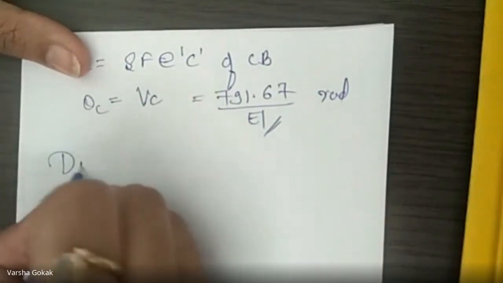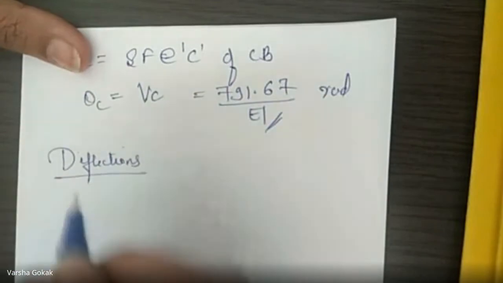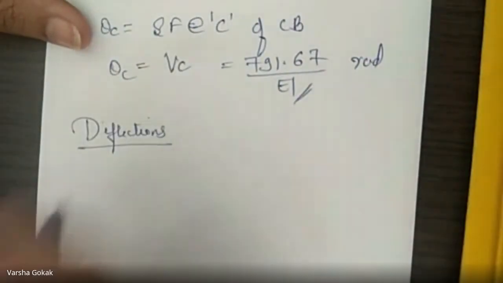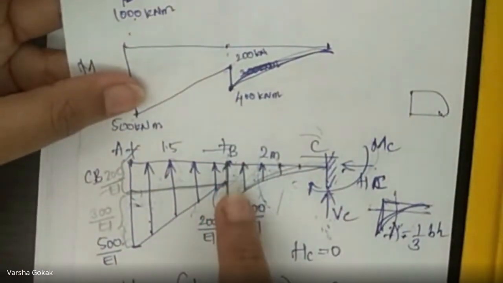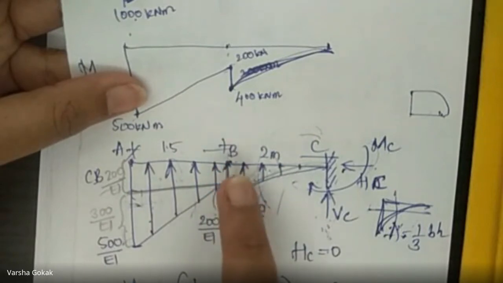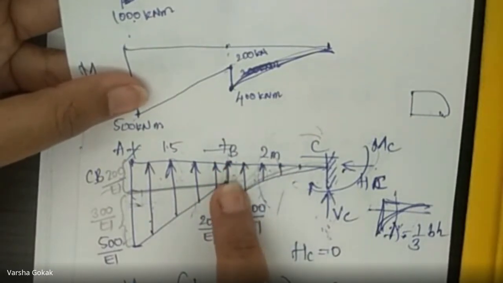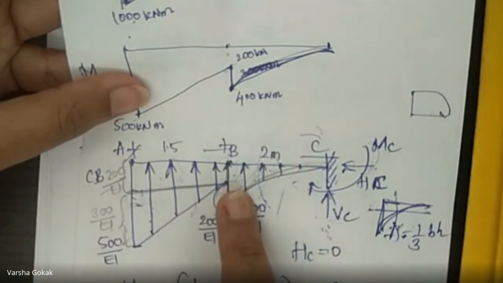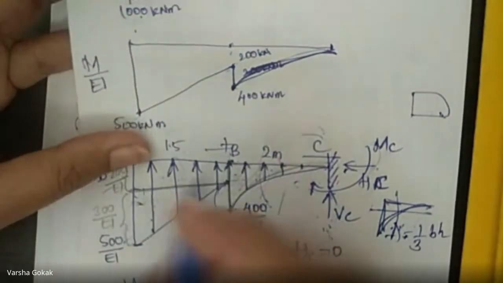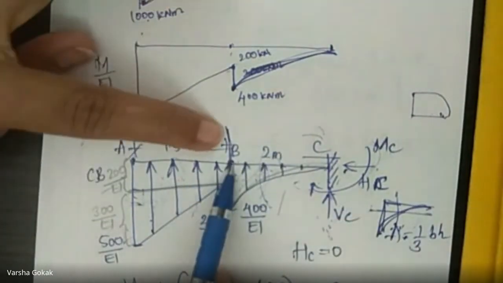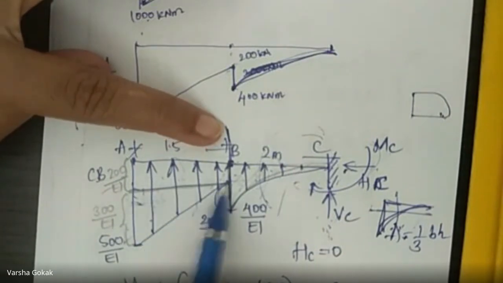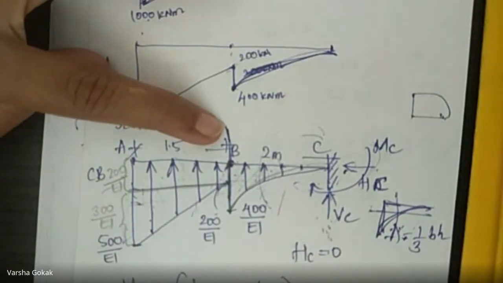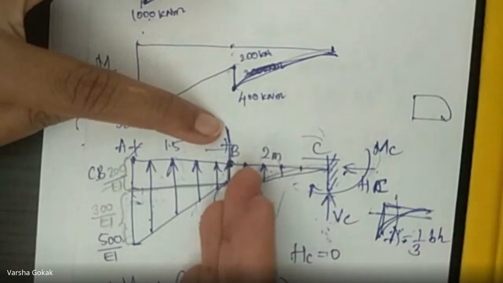Then we have to calculate now the deflections. So when we calculate the deflection YB, that is, the deflection at point B, it is the bending moment at B of the conjugate beam, that is, area into the perpendicular distance, right? Now, area into moment I have to take at this point. When I'm taking at this point, we'll start from here. These two figures will come into picture. So half base into height into 2/3 of 1.5, and 200 into 1.5 into 1.5 by 2. Either from here or from here, both answers will be same.